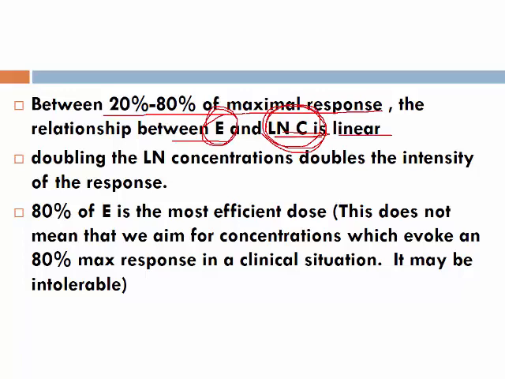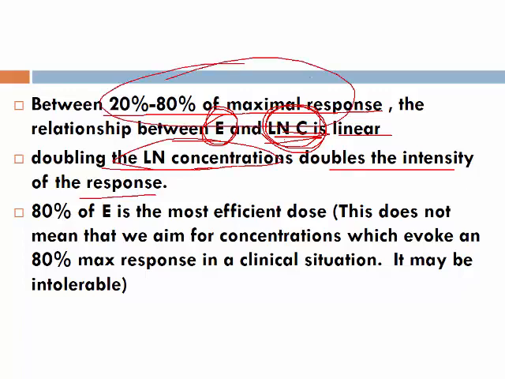So it's not really linear at all if this natural log concentration is increasing logarithmically. A doubling of the natural log concentration doubles the intensity of the response within this range. So therefore, the concentration at 80% of E is the most efficient dose. What I mean by that is,